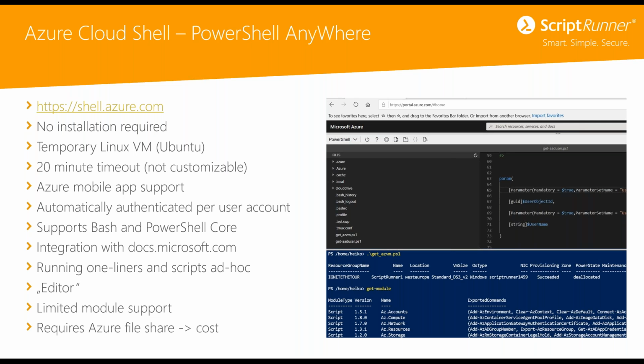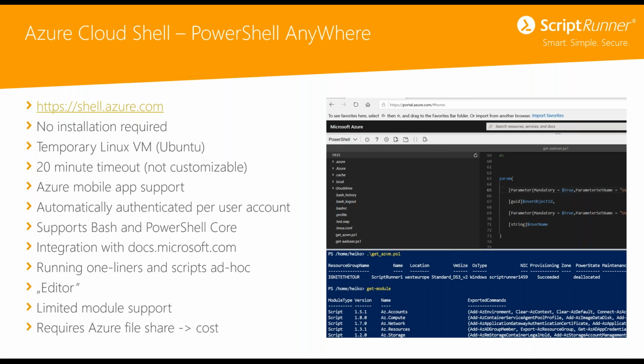So you just, for example, go to shell.azure.com and you're right in your Azure subscription, and it doesn't require any installation. And what's happening when you're starting that shell is there is a Linux VM being spun up temporarily, and then you can start with Get-AzVM and start managing resources in Azure. There, of course, there are some